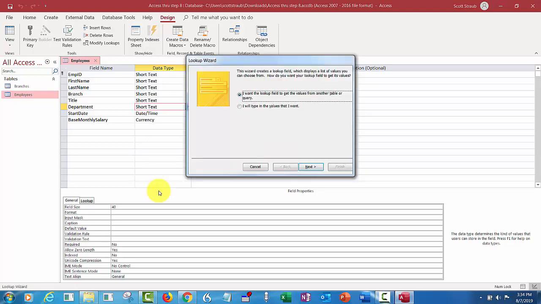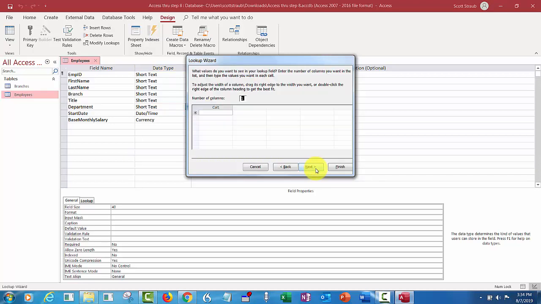And I'm going over each step. I'm making sure I do not miss anything. In 9D, it says I want to type in the values that I want. So I will type in the values. I select that radio button, click next. Then I need to click in the first cell right there and type in